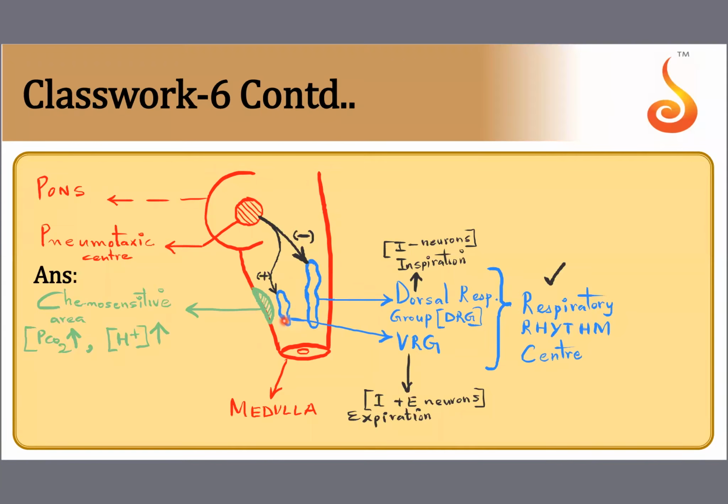It is like a switch. You can think of this pneumotaxic center like a switch. It goes on and off. When it goes on, you will stop inhaling and you will start exhaling. So the switch for inhalation and exhalation is basically the pneumotaxic center. All right, so this is the main thing you should know. And the sentence is very clear. It reduces the duration of inspiration.